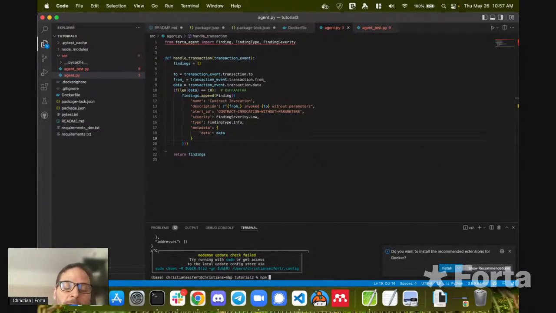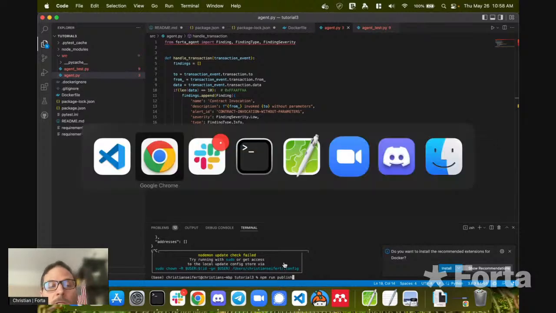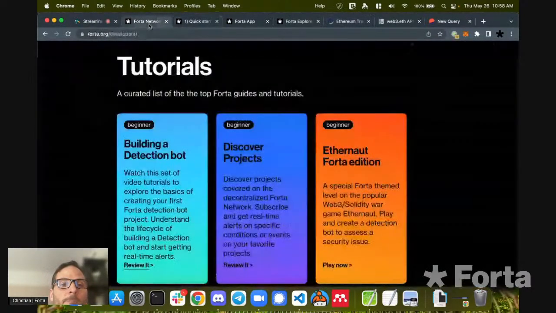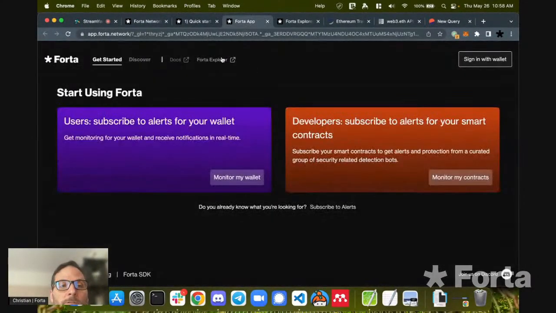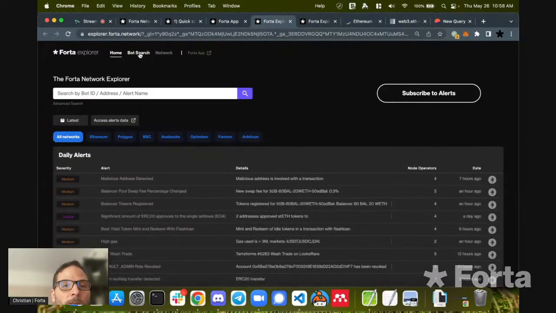And then as the last step, you would npm publish, and your bot would then essentially deploy onto the Forta network. It will get assigned to the scan nodes. We have over 1,000 scan nodes on the Forta network right now. There's some redundancy. Your bot will run on multiple scan nodes at the same time. And then shortly thereafter, you should start seeing